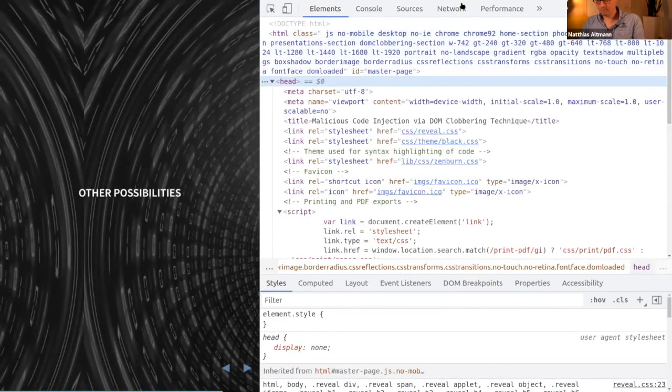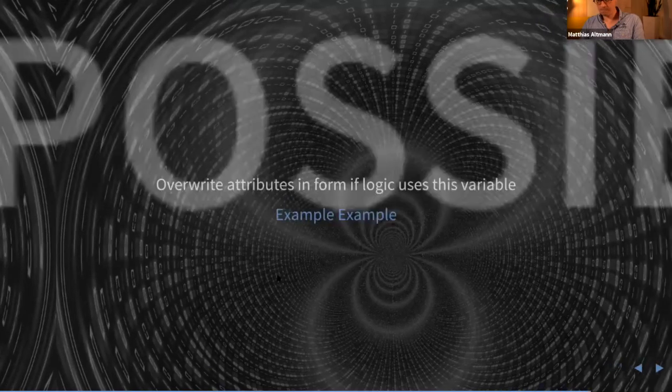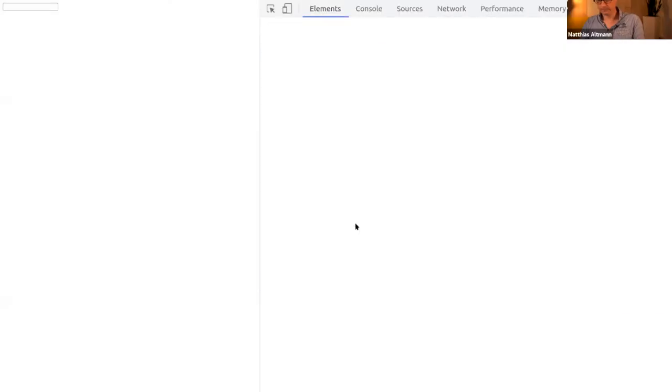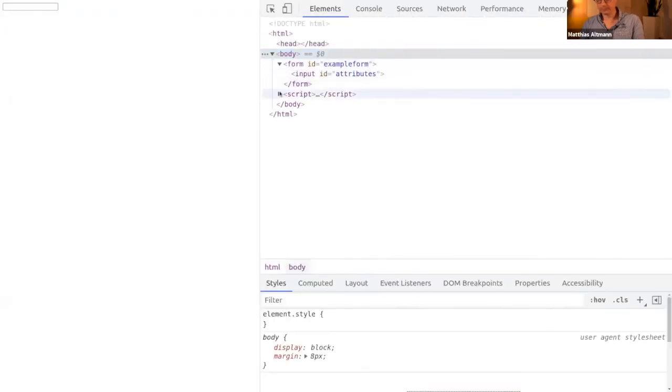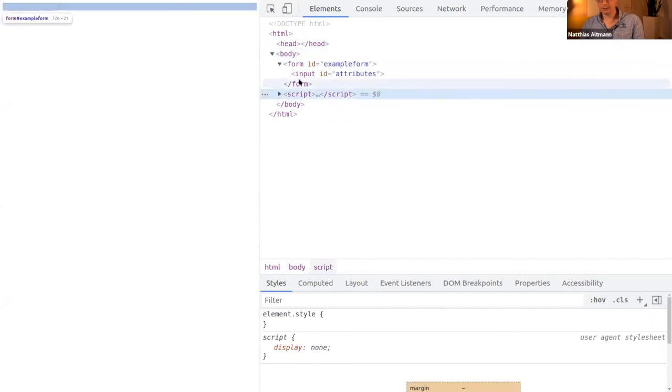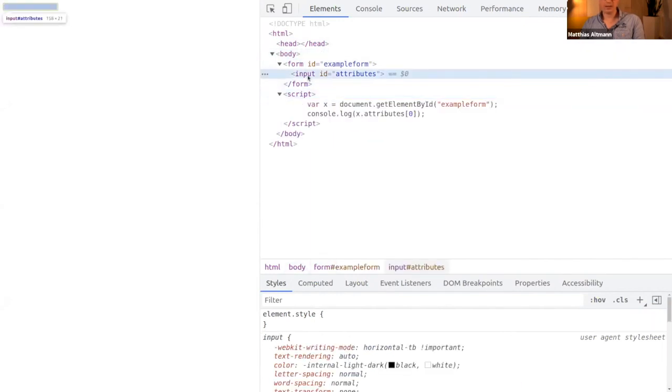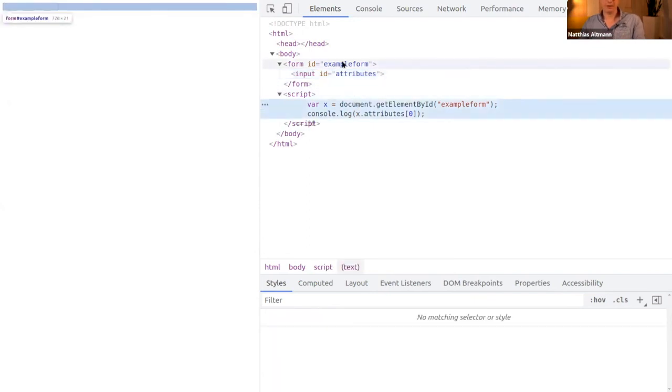So this is the same, but here we have just added this one, ID attributes. And with all our knowledge from what we heard so far, example form is fetched, but attributes, the property inside, is overwritten with nothing, and the length is undefined.